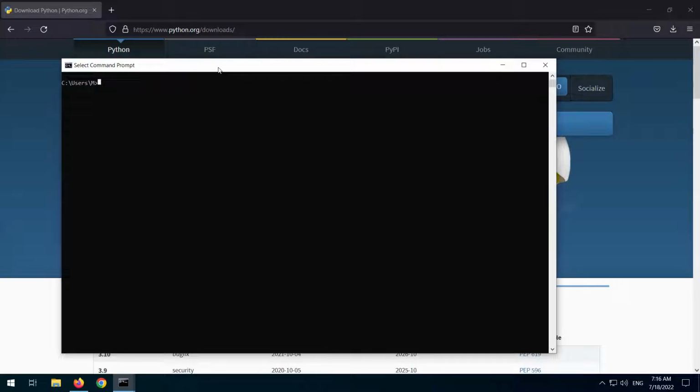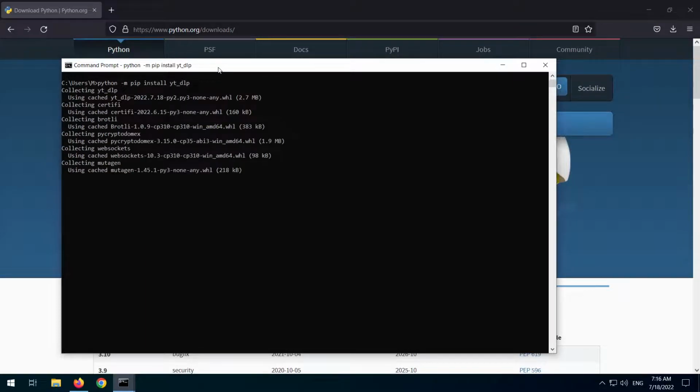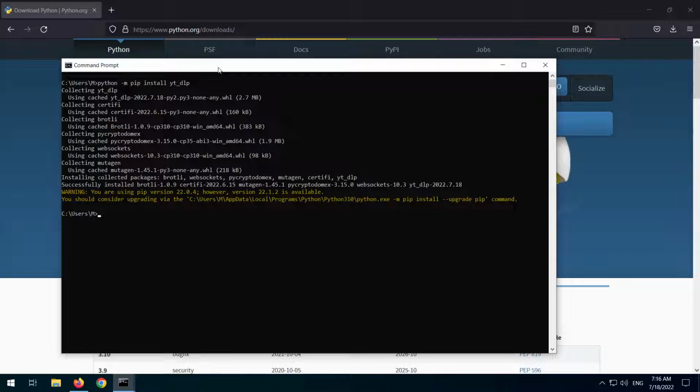Now that we have confirmed that both Python and pip are installed, let's install yt-dlp. Either in a different or the same command prompt terminal window, type in python -m pip install yt-dlp. And then we will have to wait for it to install all of its dependencies along with the package itself. Once that's done,